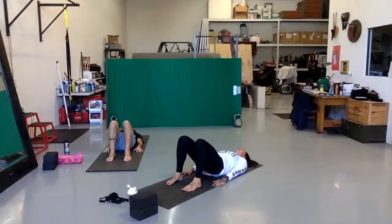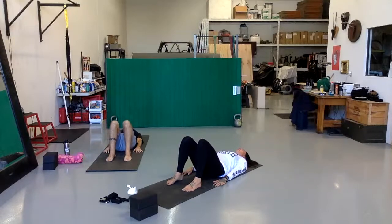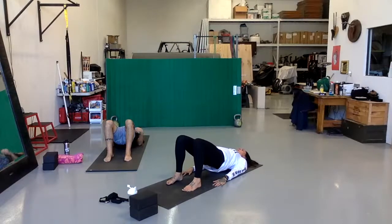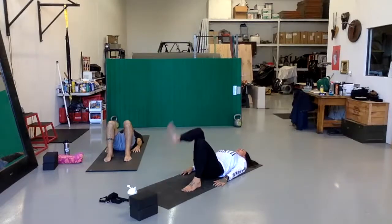Inhale as you again lift up. Exhale as you slowly articulate down. Do it two more times. Inhale, slowly lift up. Exhale, slowly roll down. Last one, articulate the spine up. Feel the shoulder blades push up, triceps back. Exhale, slowly lower down. Cross your right ankle on your left